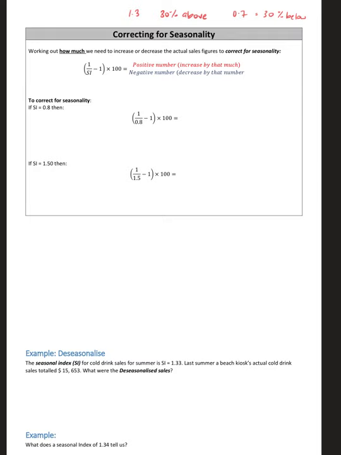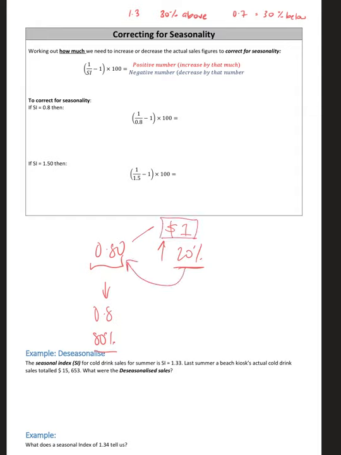So it's often not the difference to adjust that back to 1, the seasonal index to 1. It's the proportion of the seasonal index to put that back to 1. The easiest way I can explain it, and I'll rub this out in a second: if I have 80 cents, which as a seasonal index is 0.8, it's 80% of the seasonal average, so it's 20% below. If the question asks me to correct for seasonality, what would I need to do to this 80 cents? A lot of the times a student will say, oh yeah, you just increase by 20%. That's actually not correct. If we think about the seasonal average being $1,